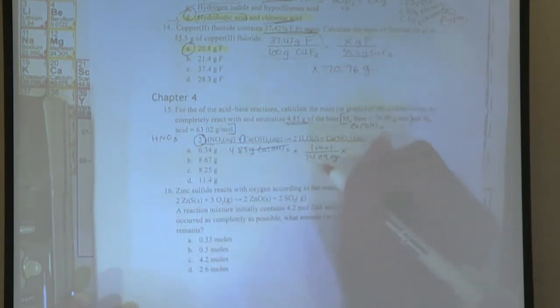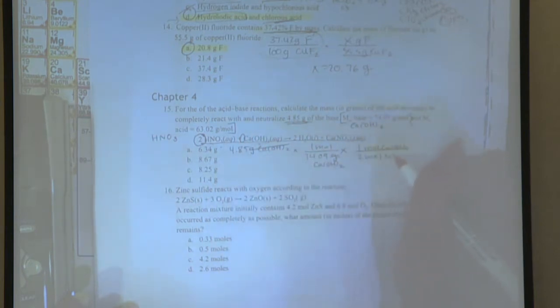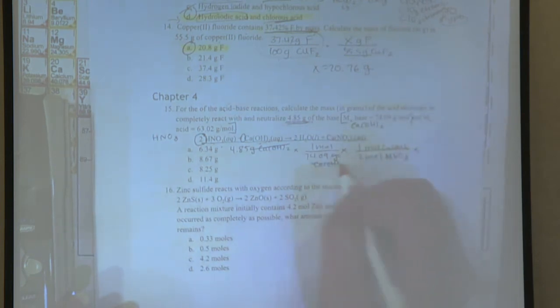So I should have actually written Ca(OH)2 down here. For every 1 mole of Ca(OH)2, we have 2 moles of HNO3. And then once we've canceled this out, we're going to come back to see how many